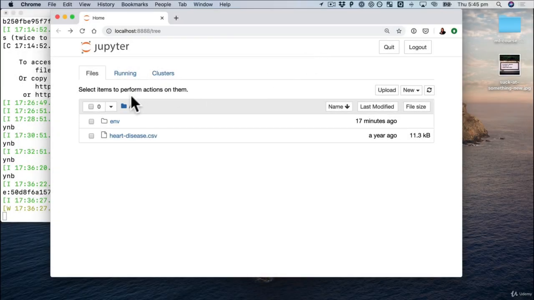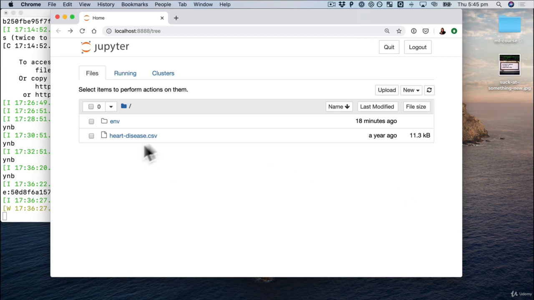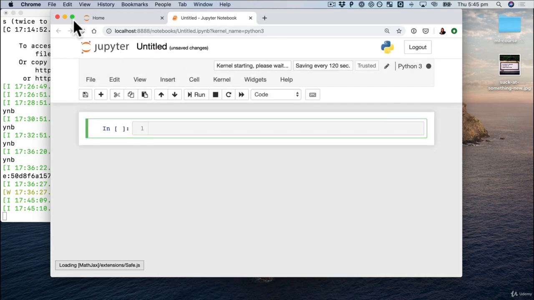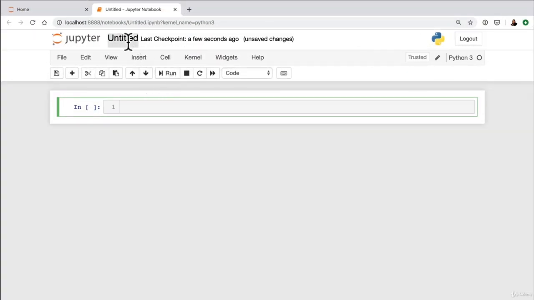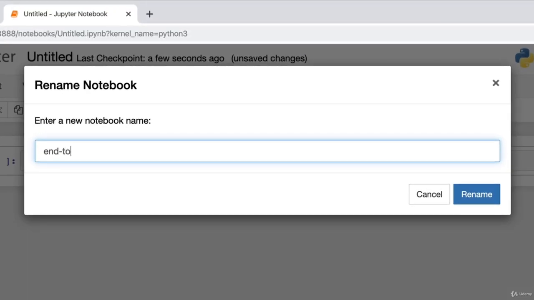Beautiful. So now that we've got our environment set up, we've got our Jupyter Notebook server running, we can create a new Jupyter Notebook and get started on some code. So let's load that up. I'm going to maximize this window. So we'll give it a name here. We'll go end-to-end, something nice and simple, end-to-end heart disease